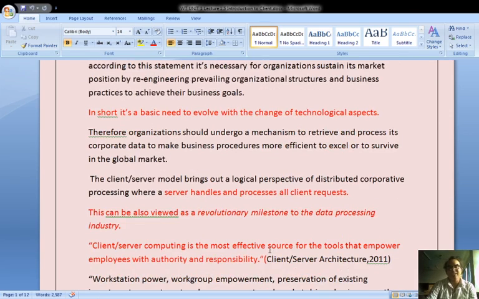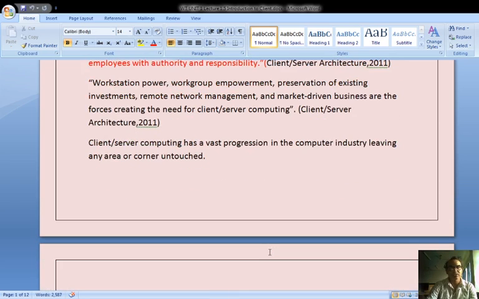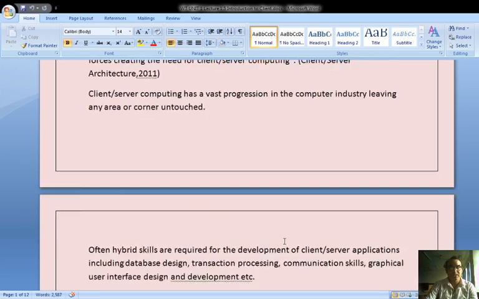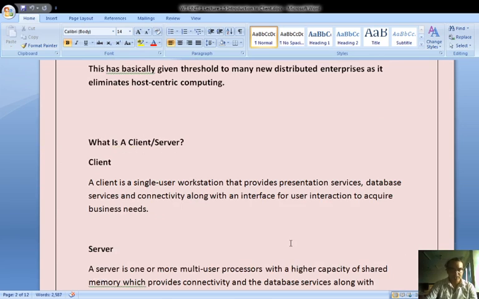For this, client server architecture plays a very important role, where the workstations are termed as client and server. In the client server, the major job is to provide presentation service, database services, connectivity, along with an interface for user interaction to acquire business needs.